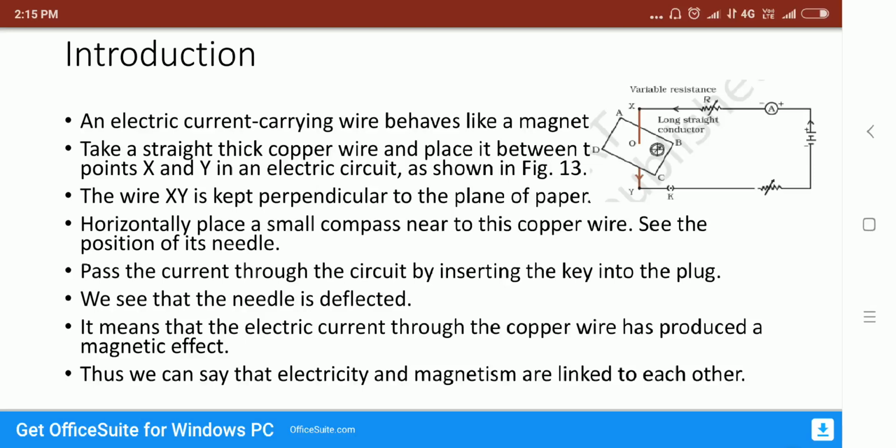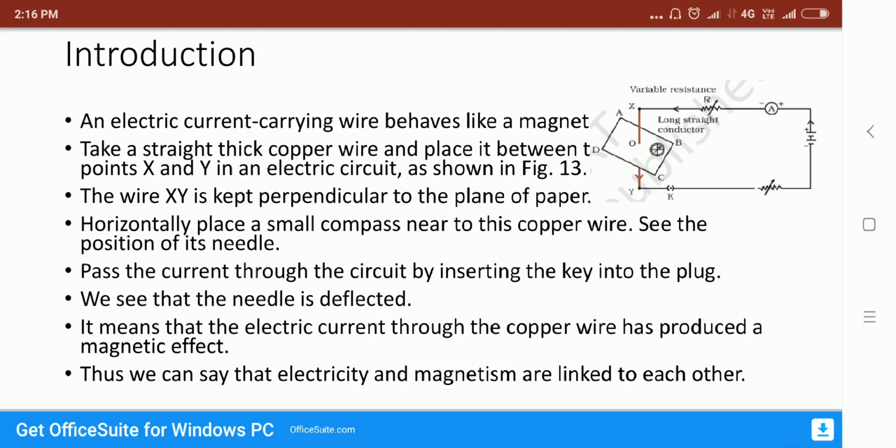Now we need to understand how this current is related with the magnetic field and how the magnetic field lines are generated. So now we know that any wire carries a current. Current is nothing but the movement of charge carriers. The movement of the charge carriers having field lines is known as a magnetic field. It means a current carrying wire can behave like a magnet.